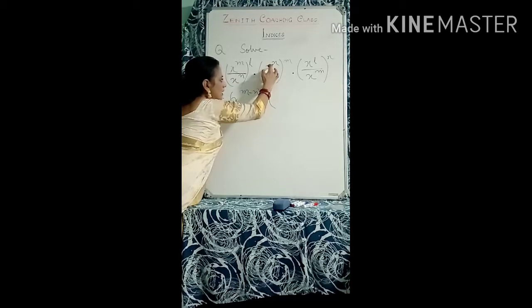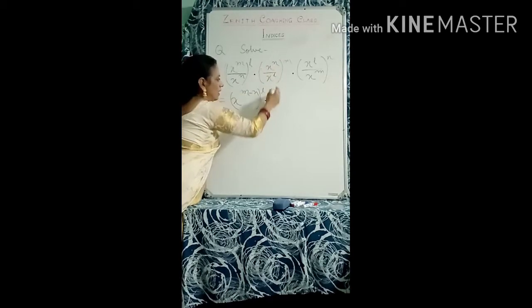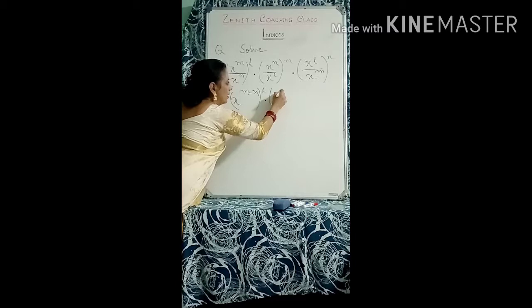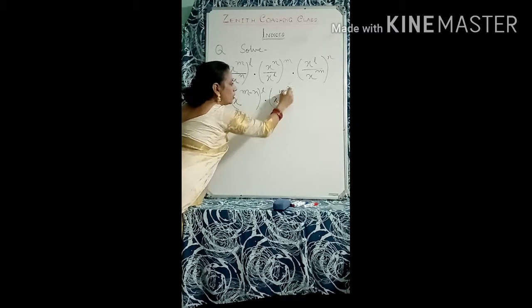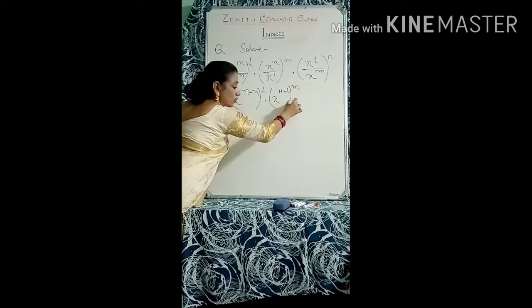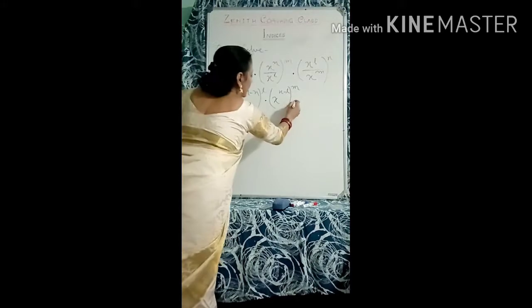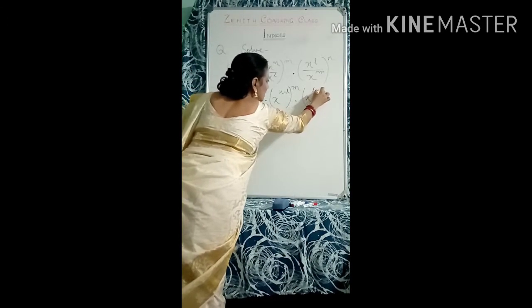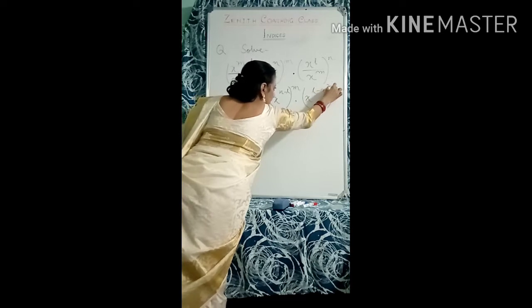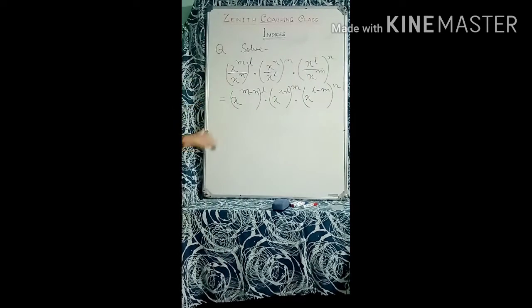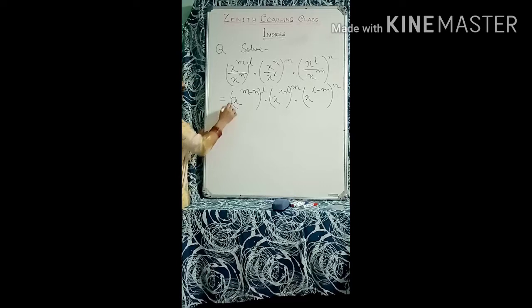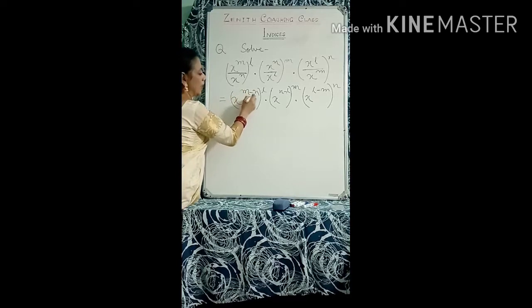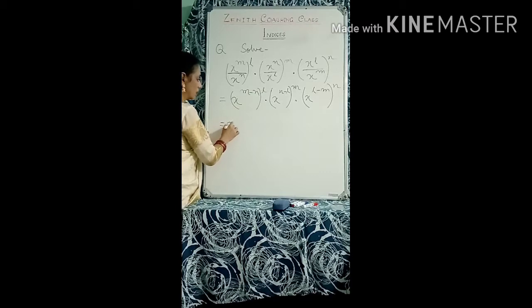Similarly, x to the power n minus l, whole to the power m. So what we have to write? We have to write x to the power l minus m to the power n, isn't it? So what we have to do now? x to the power m minus l, you have to multiply with that. Okay, so x to the power